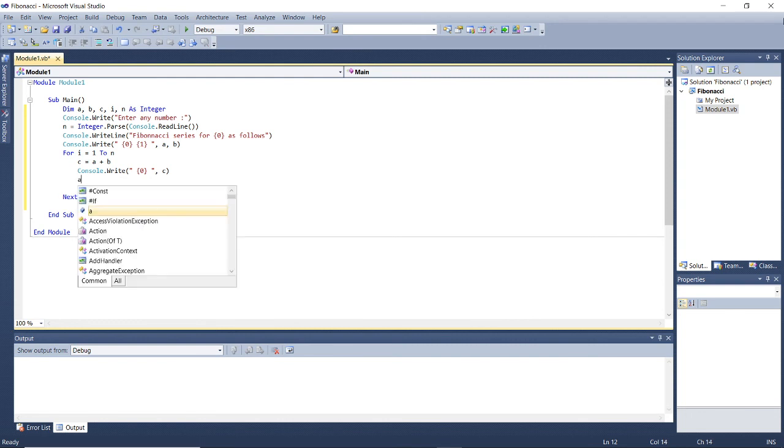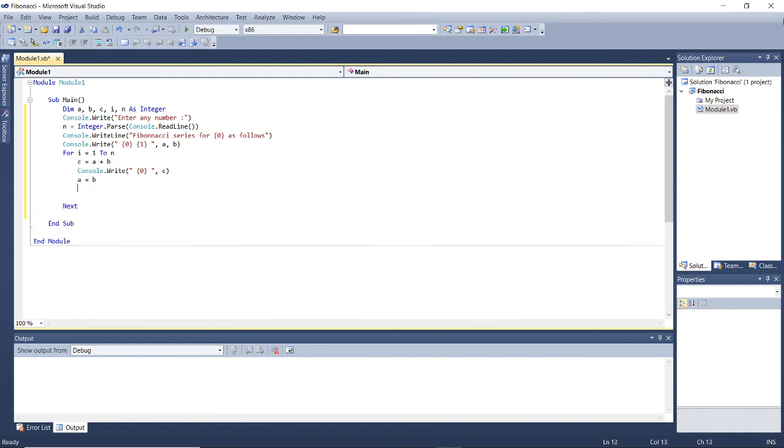Console.Write c, a is equal to b, b is equal to c, and here my for loop ends. After that for loop I have to write Console.ReadKey.